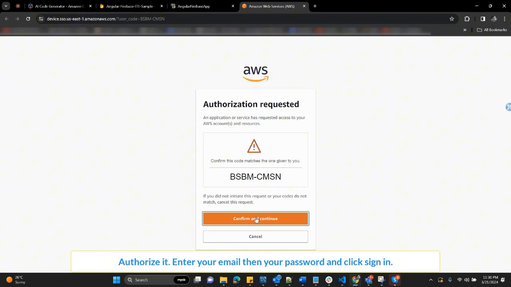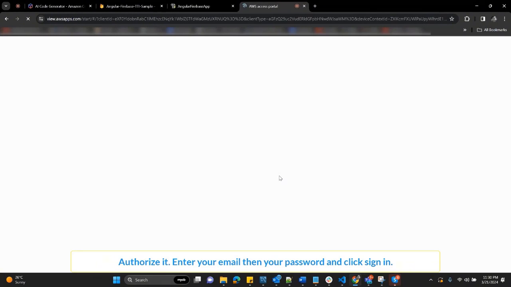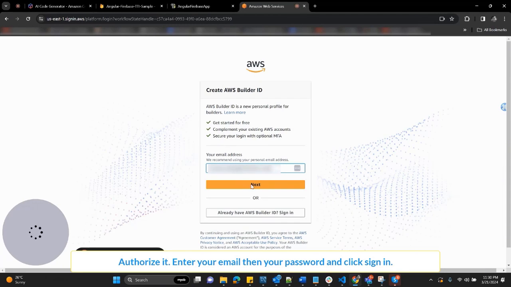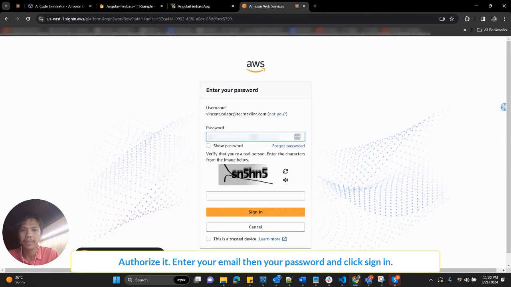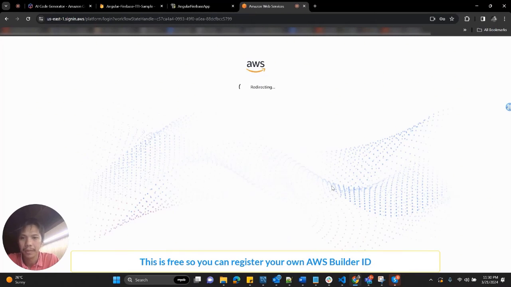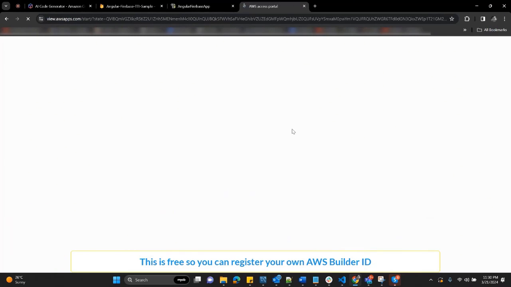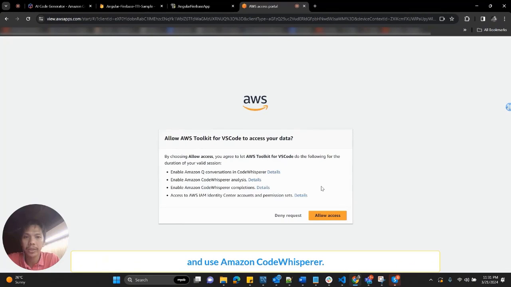You just need to authorize it, use my email, type my password, and sign in. Okay, so this is free, so you can register your own AWS Builder ID so that you can use